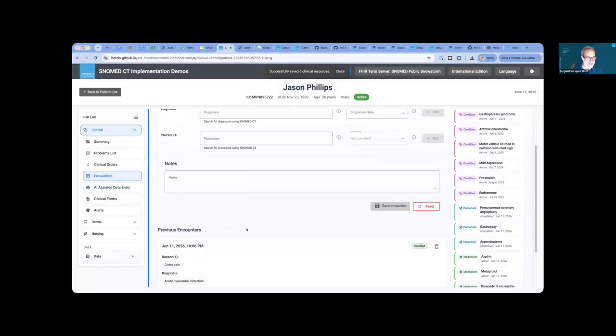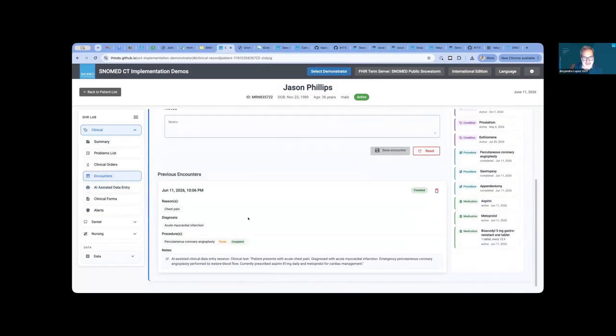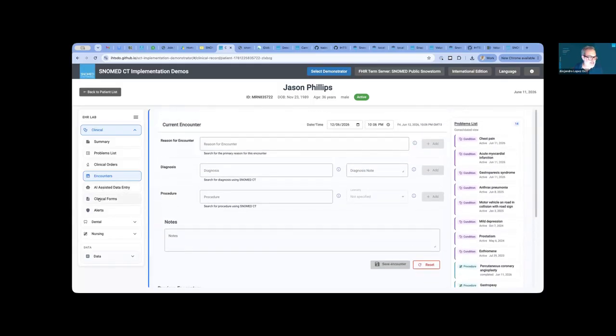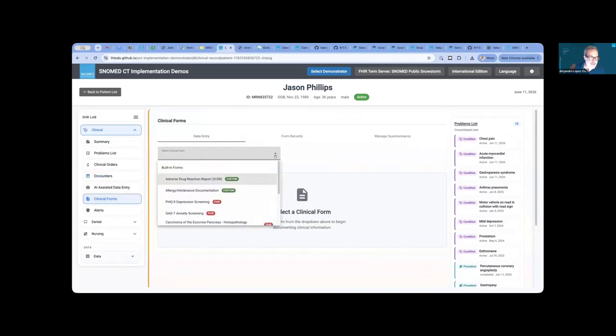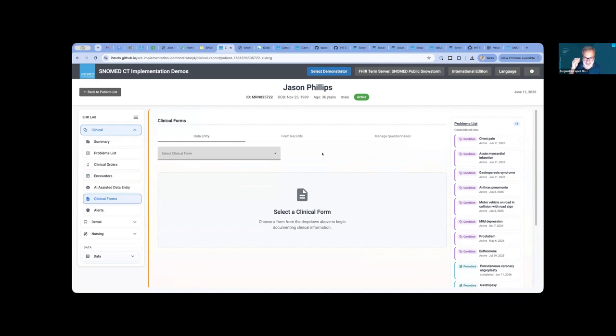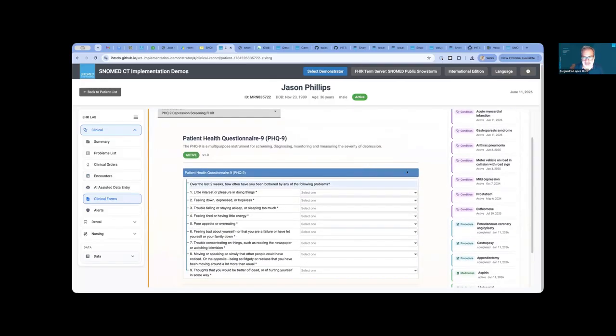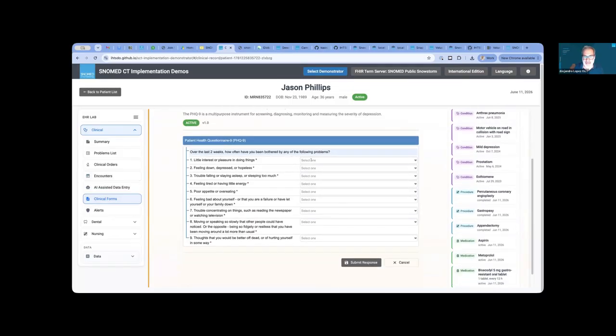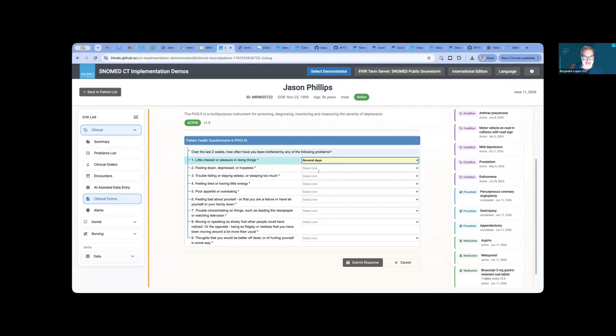Now you go to encounters, and you have a past encounter here that was recorded automatically by AI. It says AI assisted clinical data entry session, clinical text, something like that. And in the same way, you can use some forms. This is like when you go to structured data capture in one of the later sessions in the course, you will review this again in a way that you can design forms that are really flexible, like the ones we saw for cancer synoptic reporting, that maybe are instruments, scores, or things like that. And you can select options from here, like this.